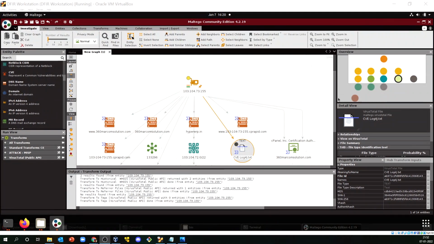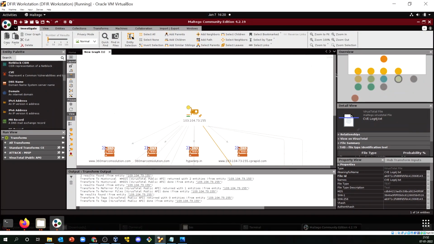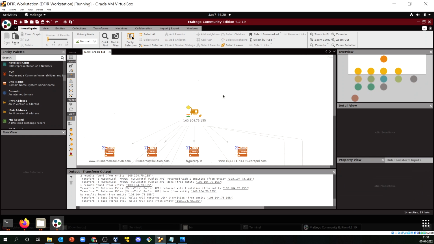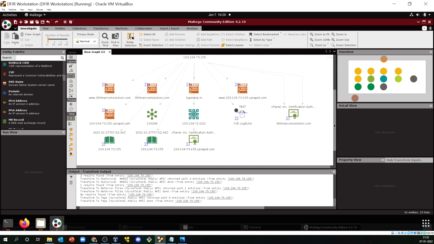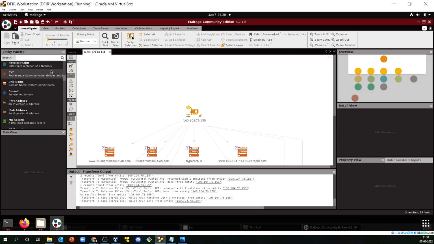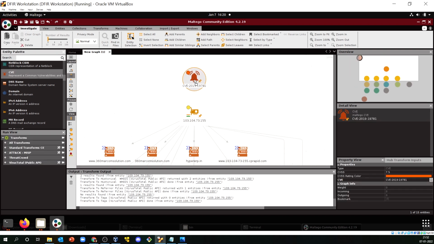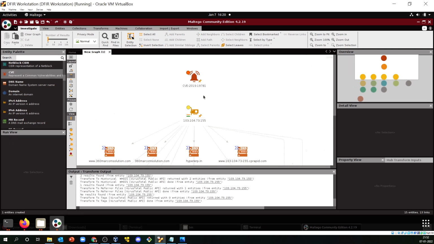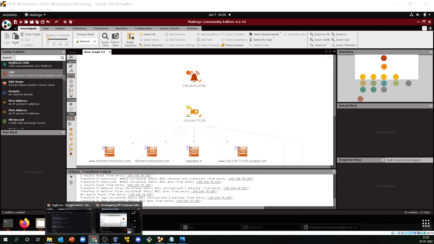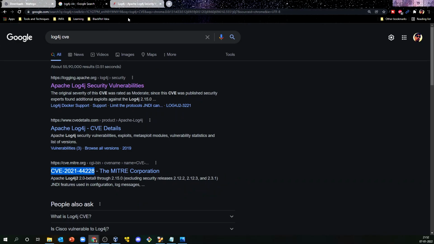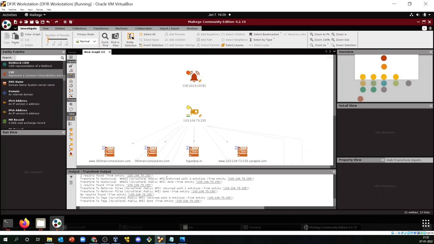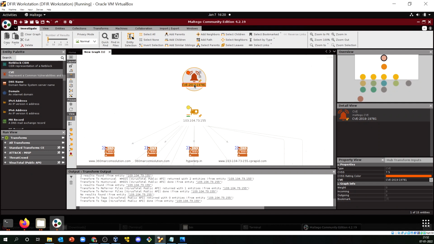So what next? Now if you want to bind this particular option with your Log4j CVE, okay, that thing was removed, I guess. So I'll take that up once more, and I will copy this particular investigation from here. This one was the CVE ID. I'll go back and edit that particular option. Yeah, so that is done.